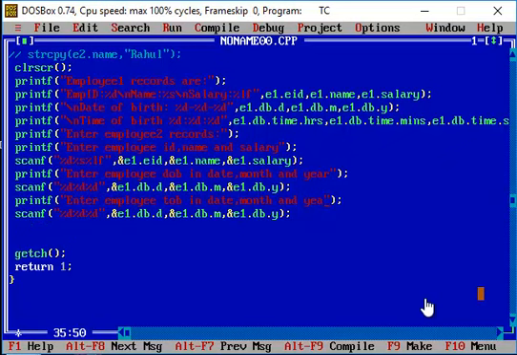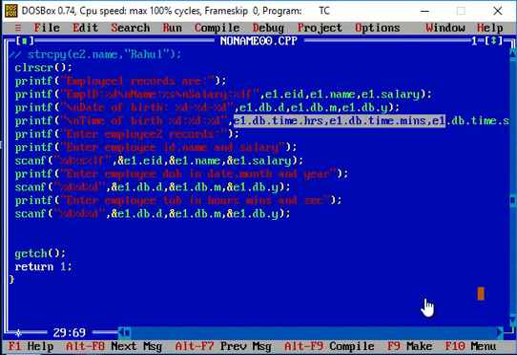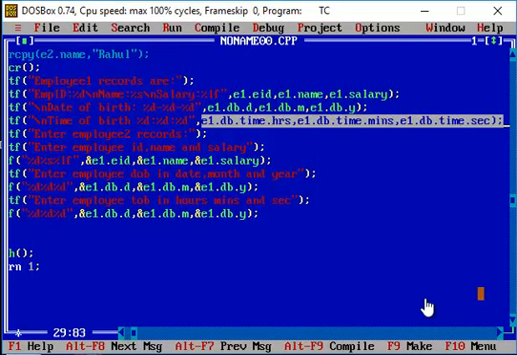So again, as I told you, here we are going to make use of the structure variable name followed by the structure member db, which in turn will access the structure member, that is time, that is defined in the TOB structure, and that will have the hours, minutes and then the seconds. So this is how I'm going to assign the value that has been received during the runtime to the particular corresponding structure variables.